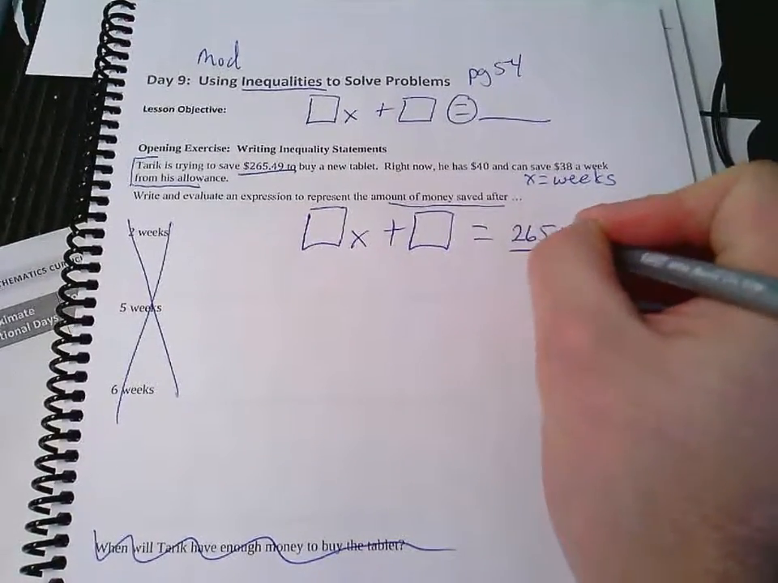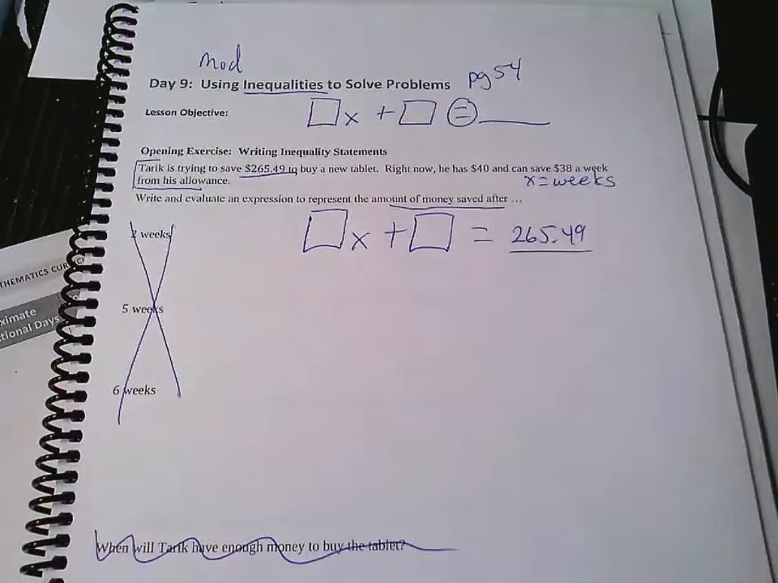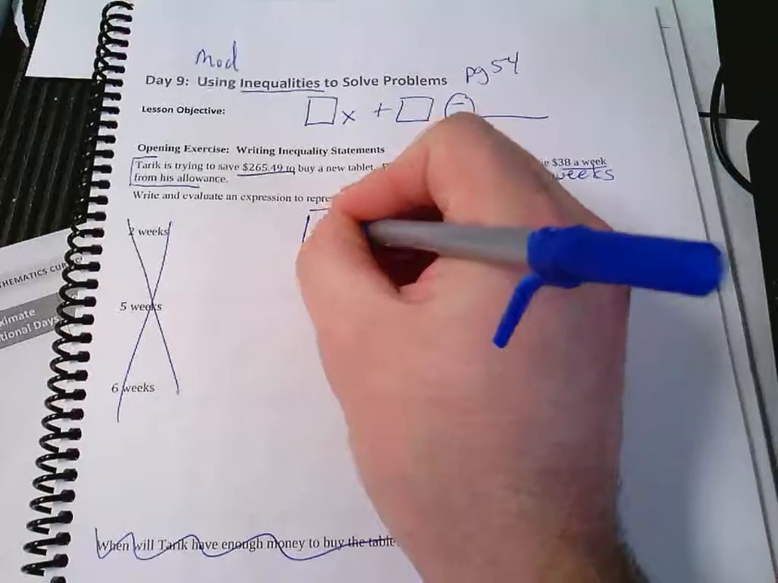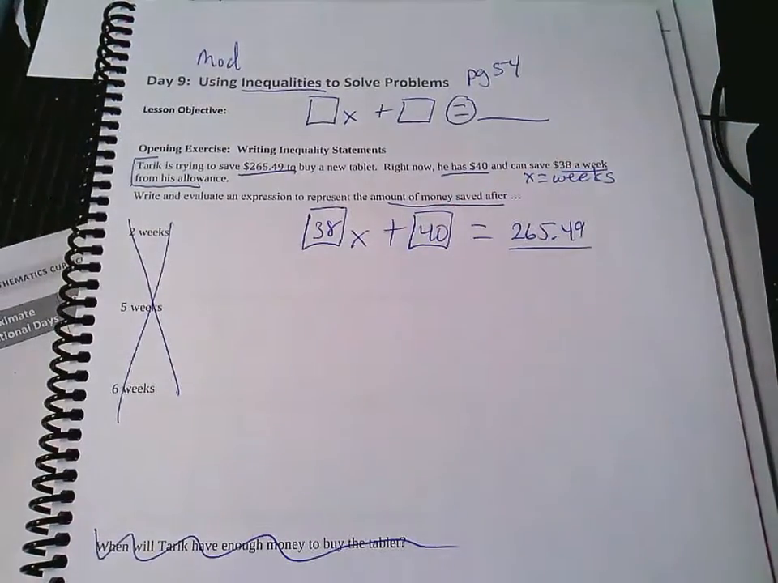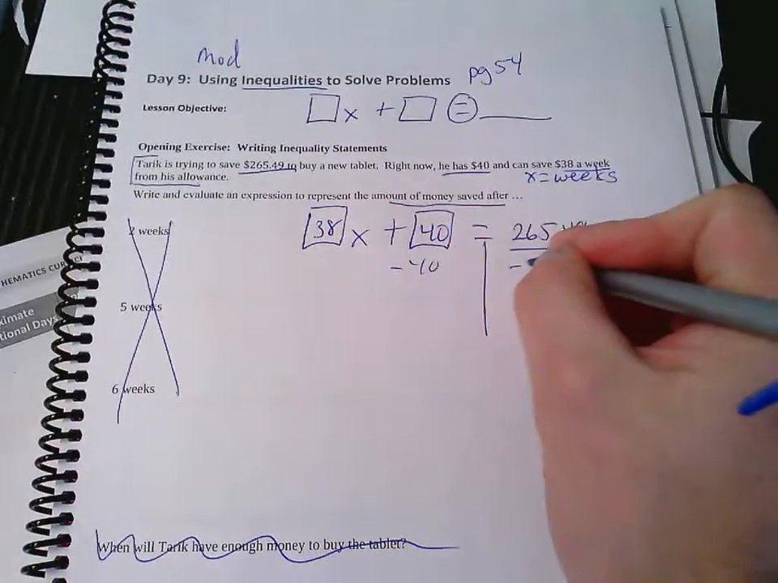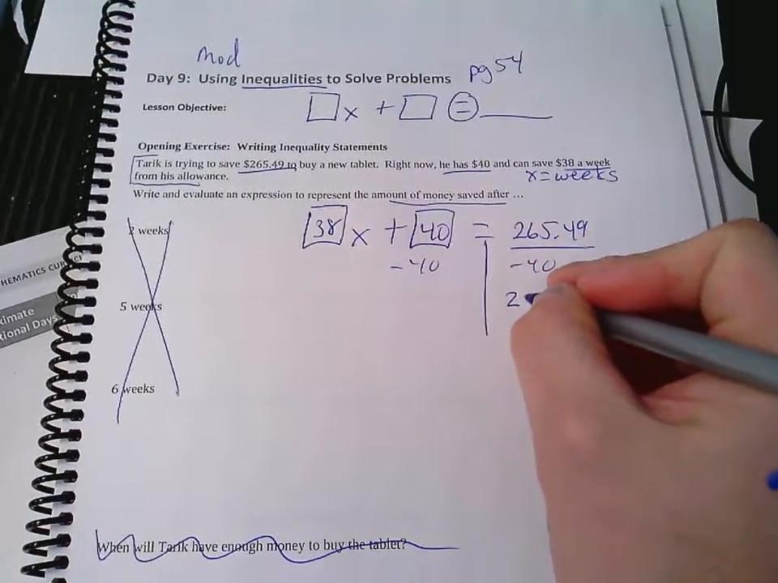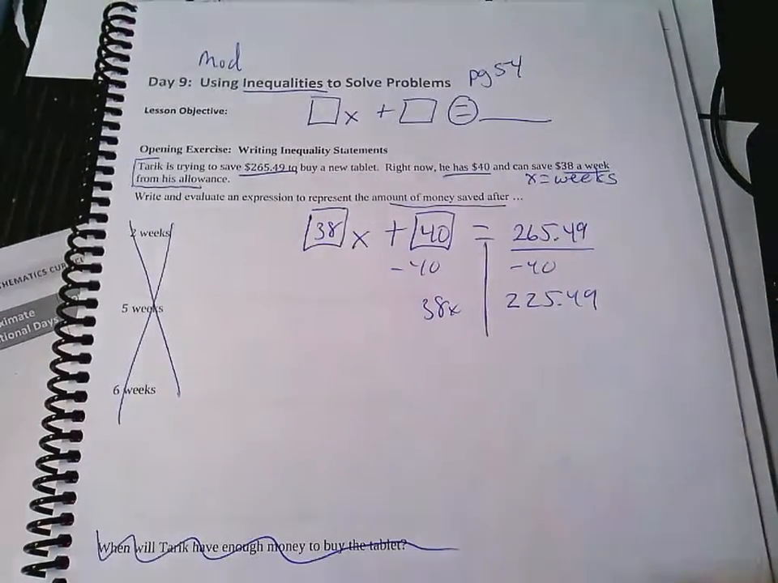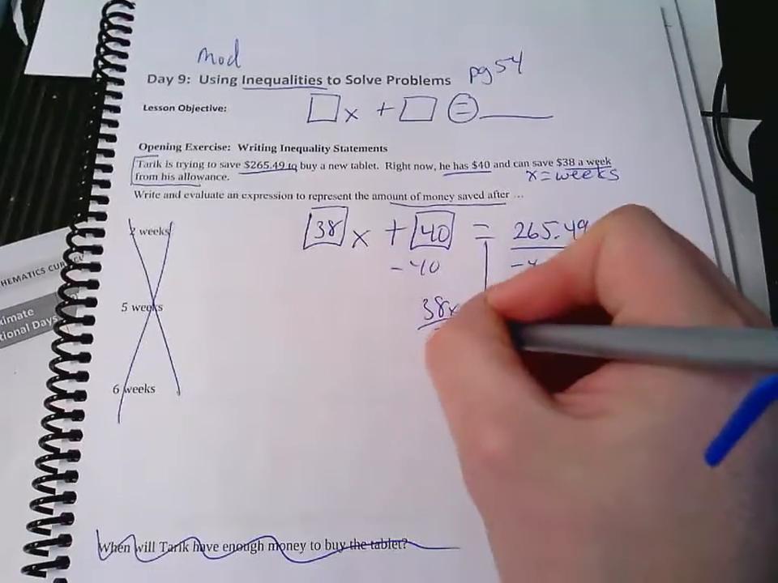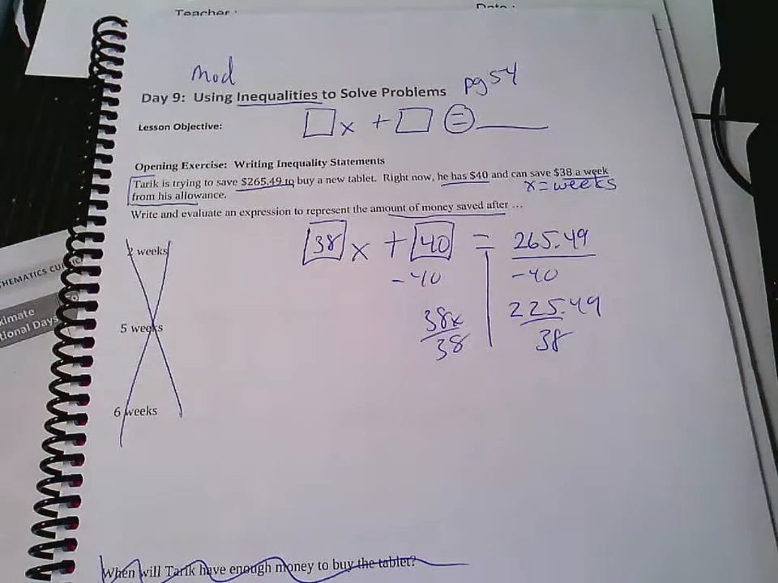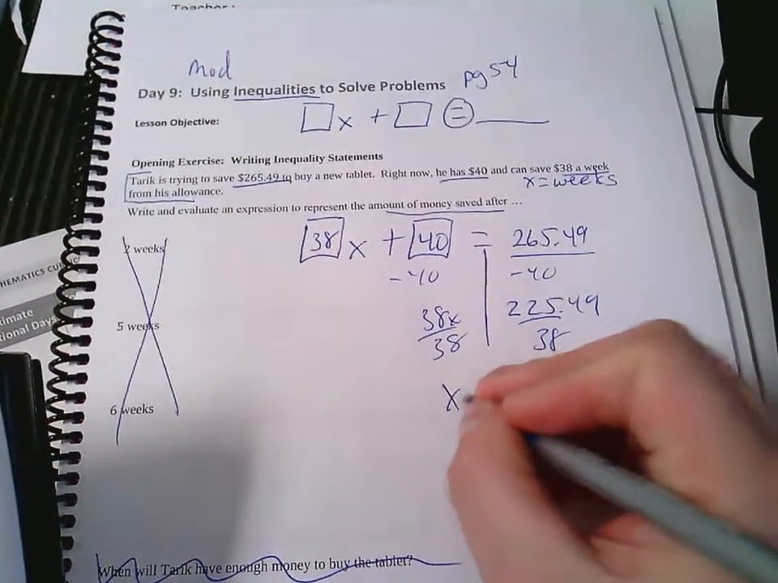What's nice about these problems is that the largest number always ends up being this number here. He has $40 and he can save 38 a week. So the 38 goes with the x, and the 40 goes in the extra spot. Solve this equation. Subtract 40, subtract 40. We get 225.49 equals 38x. You shouldn't be surprised by what I'm doing here. Divide by 38, divide by 38. So we have 225.49 divided by 38, and all of a sudden we get x is equal to